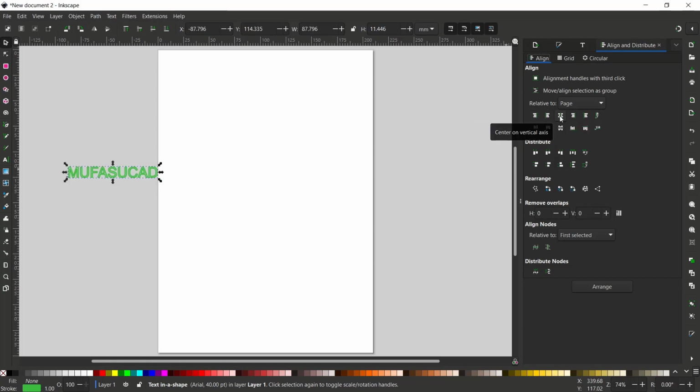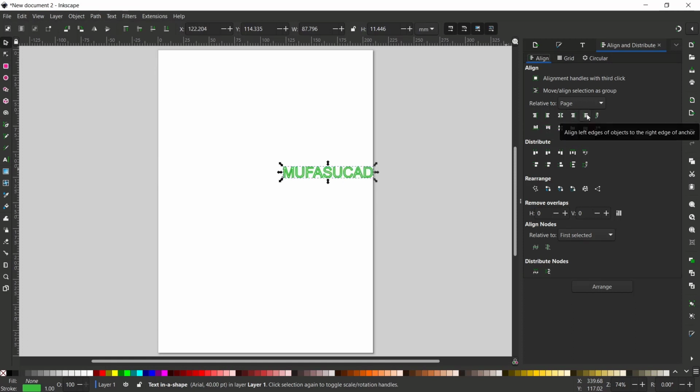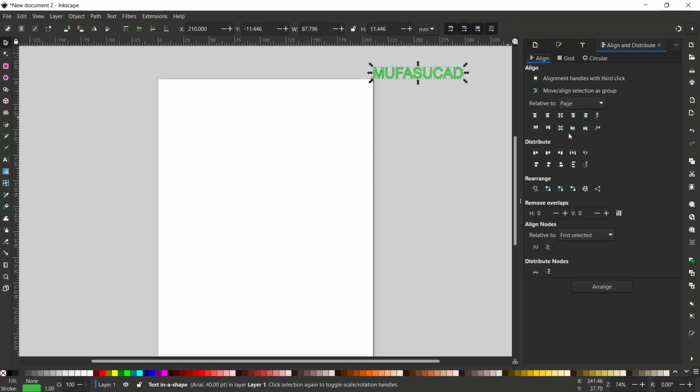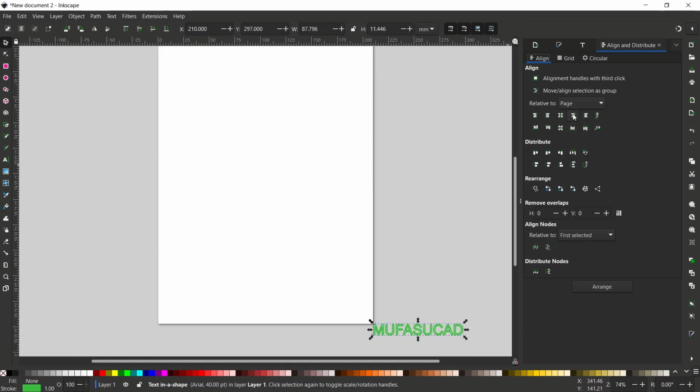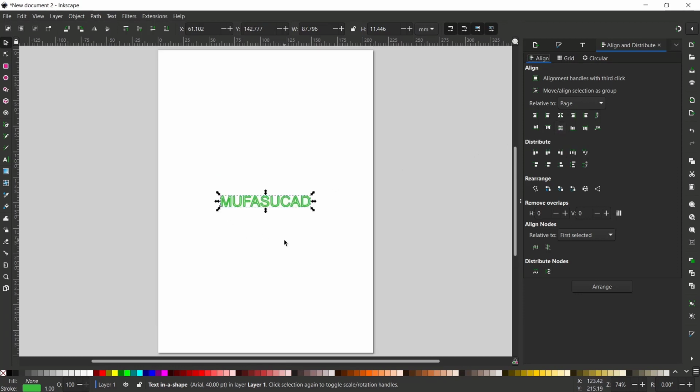You can move to the center point by clicking at this icon, and you can move again to the right with these tools, inset and this offset. To go to the top, you can click at this icon to be moved to the top, and then you can set it to the bottom like this, or you can move inside, click in here, and we move again to the center point in here. Okay, you can click at this icon to move to the center.